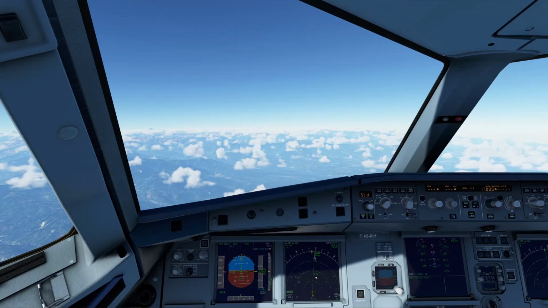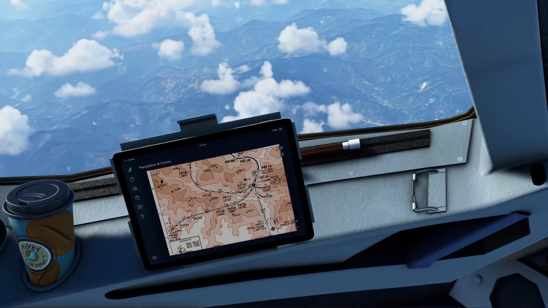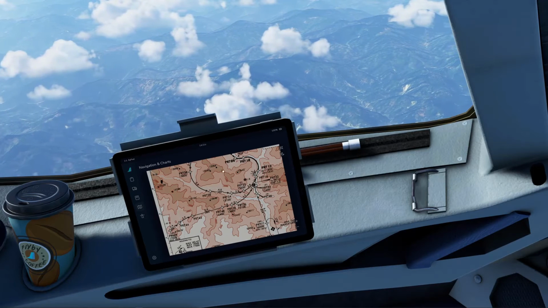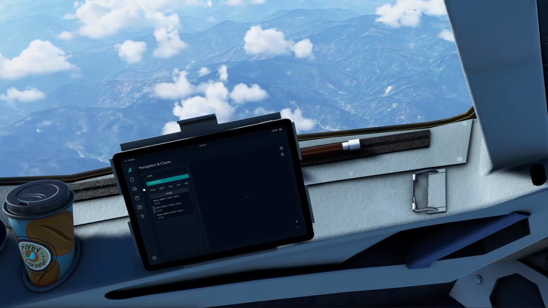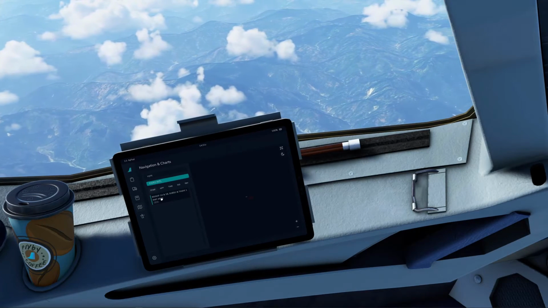So we've got our STAR coming up at SUBSU. Now I wonder if there's an aircraft symbol that will appear on here. Interesting to see, wouldn't it? STAR.